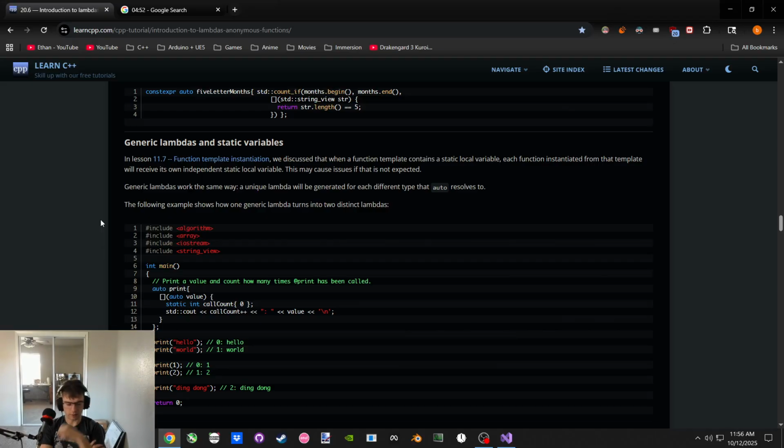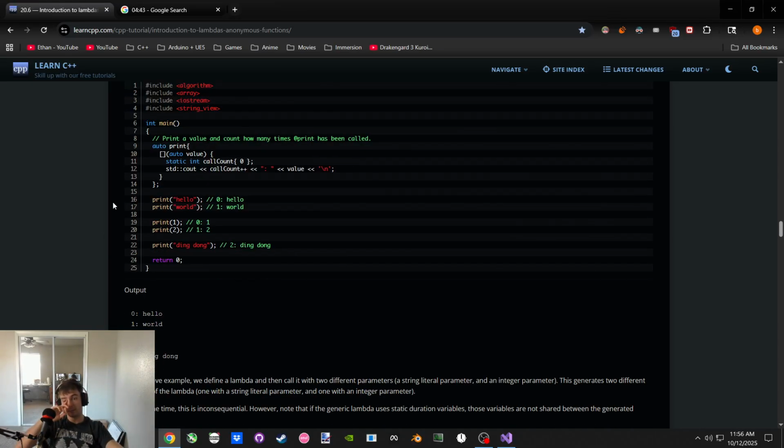And then we would call it again, and we would think it would be 1, but if I passed it a float, it'll be 0 again. Here it comes. If I pass it hello, and then I pass it world, those are both 5 length, really 6 length, including the null terminator, strings, so we get 0 and 1. But then I print 1 and 2, we get 0 and 1 again. And if I do zing, ding dong, we get 0, 0, 1, 0, 1.